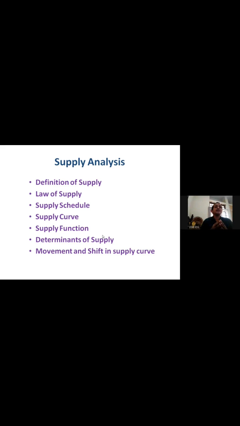Then we have discussed the answer to the question: discuss movement and shift in supply curve, or explain movement and shift along the supply curve. So these we have